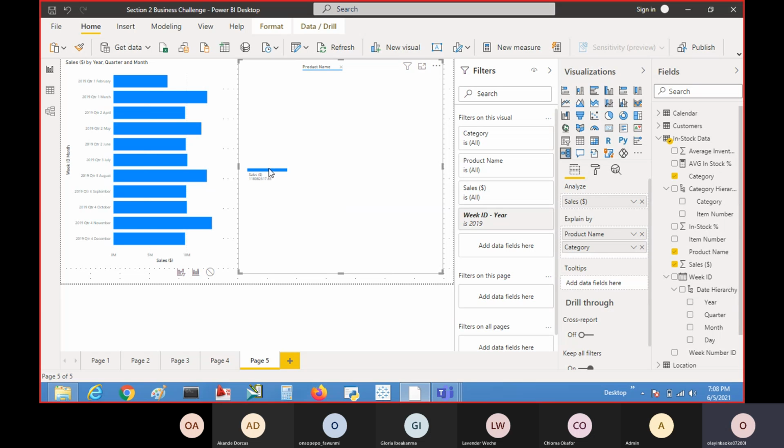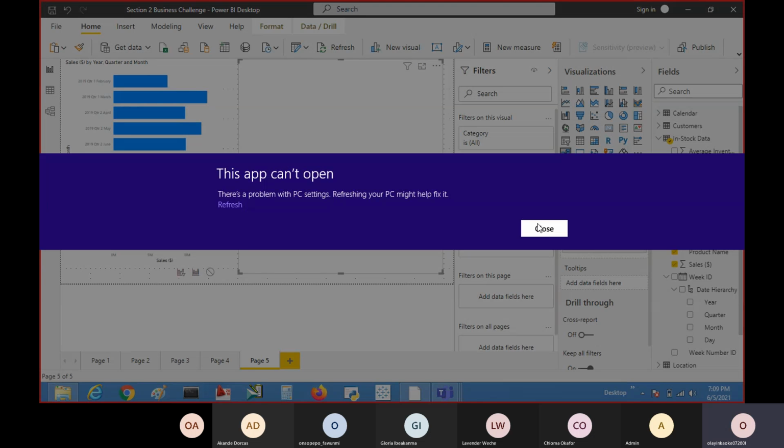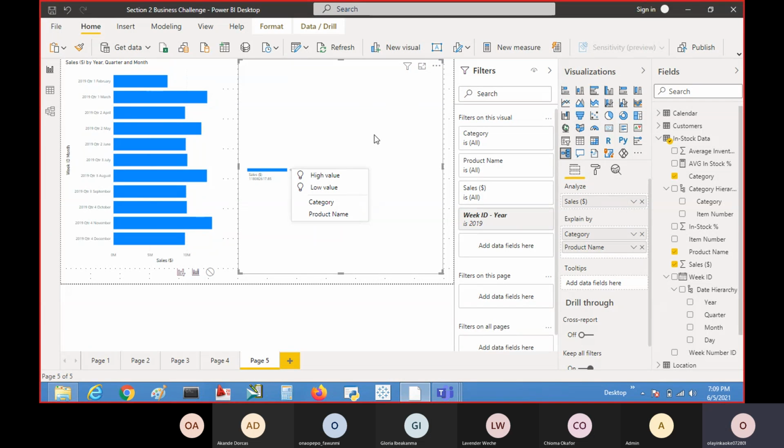It gives me the option of saying, so apart from this category and product name, you can see where it says high value and low value. I can actually decide if I wanted to highlight the highest value. So if I click on this high value, it breaks it down